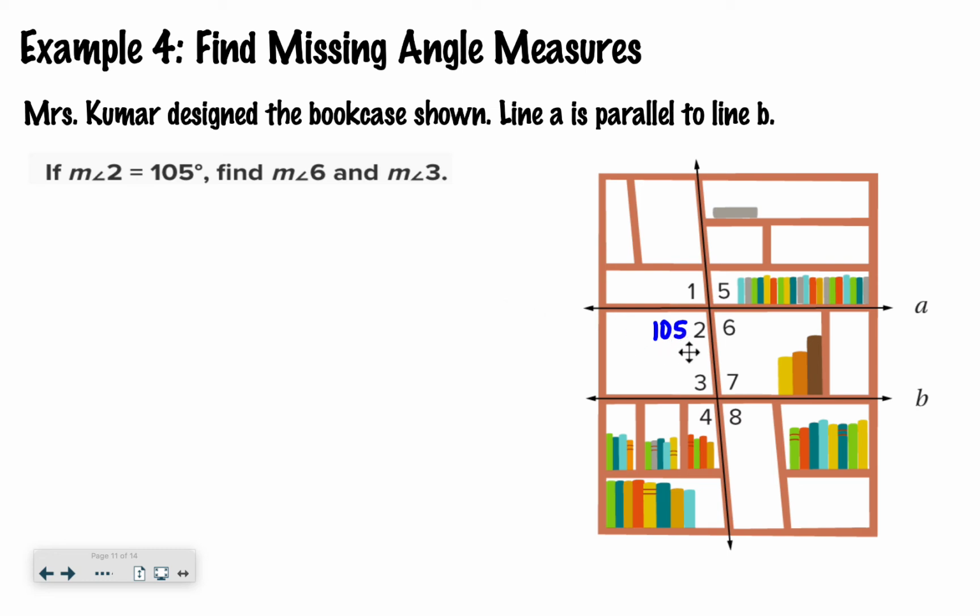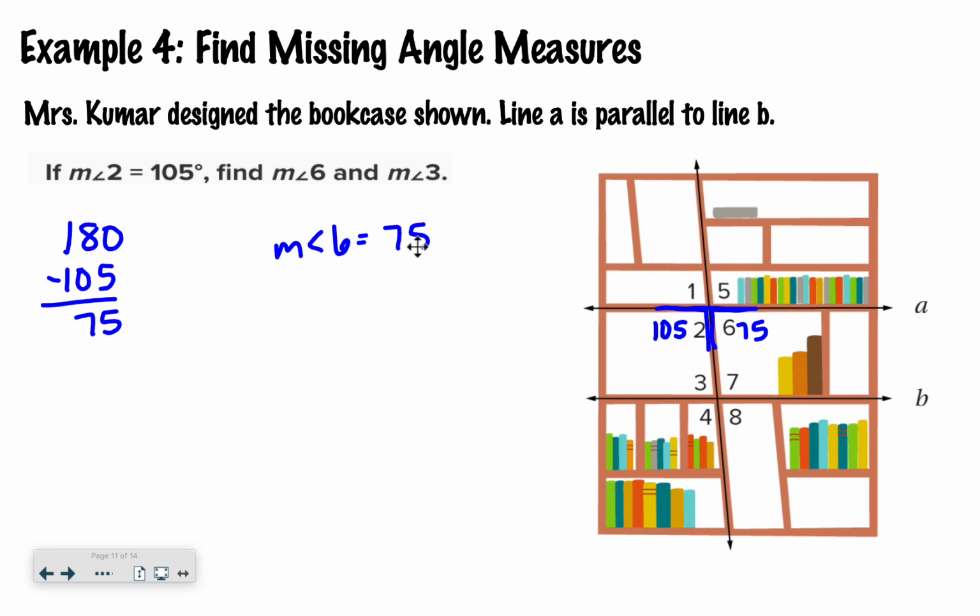So, if I look, 105, that's my angle 2. How is that related to that angle 6? Well, drawing on yesterday's lesson, that forms a straight line. Those two angles form a straight line, which means they are supplementary. And supplementary means 180 degrees. So if I say 180 degrees minus 105, I would figure out angle 6. So 180 minus 105 is 75. So now I know that the measure of angle 6